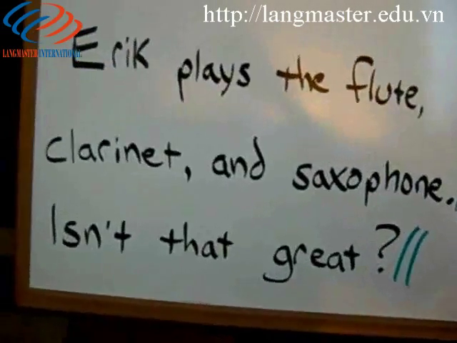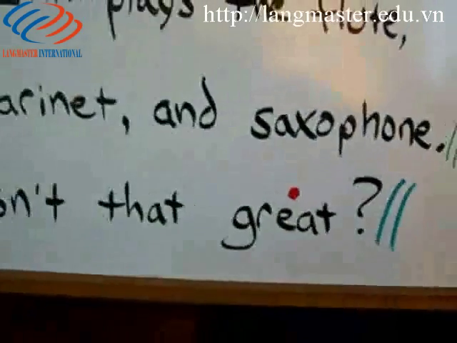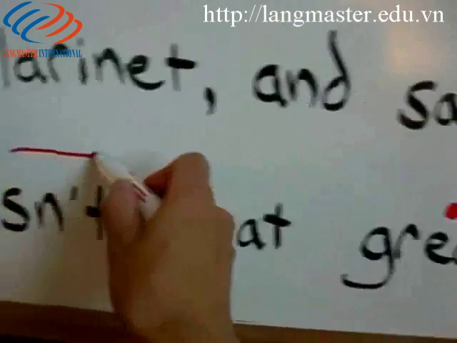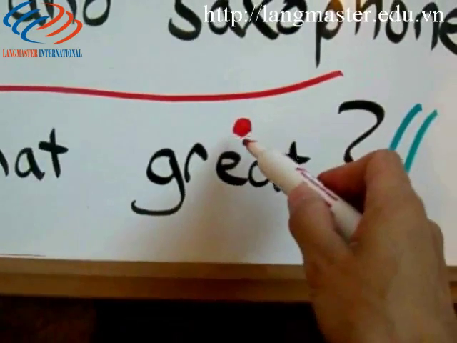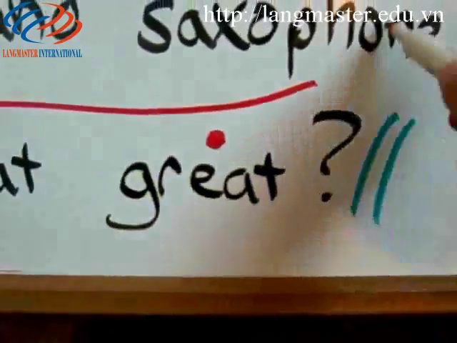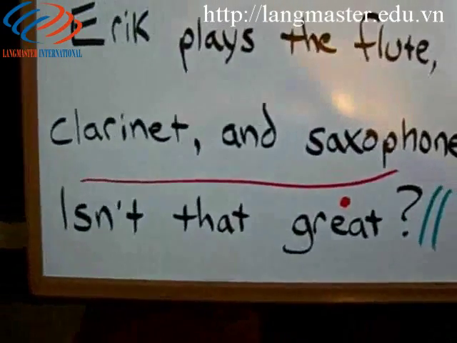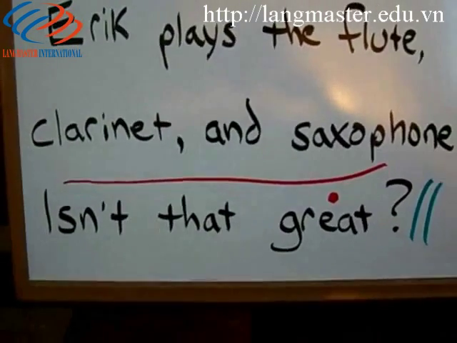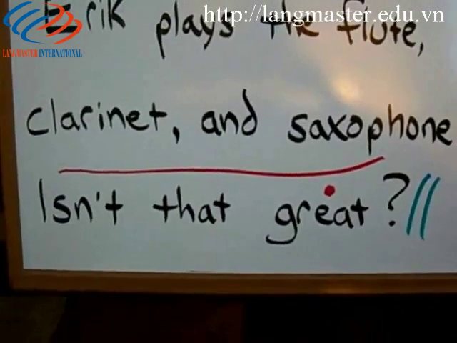Now let's work backwards. Isn't that great? The final content word is great. That means this is the point where our voice will go up. Great has one syllable, so we only have one syllable to make our voice glide up. Great. And we're using rising intonation because this question requires a yes or no answer. By asking, "Isn't that great?" we expect our listener to agree with us and say yes.